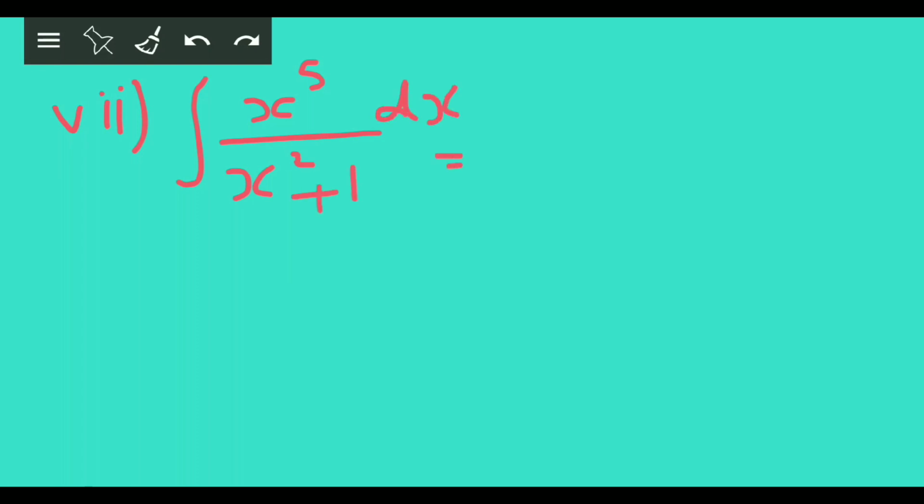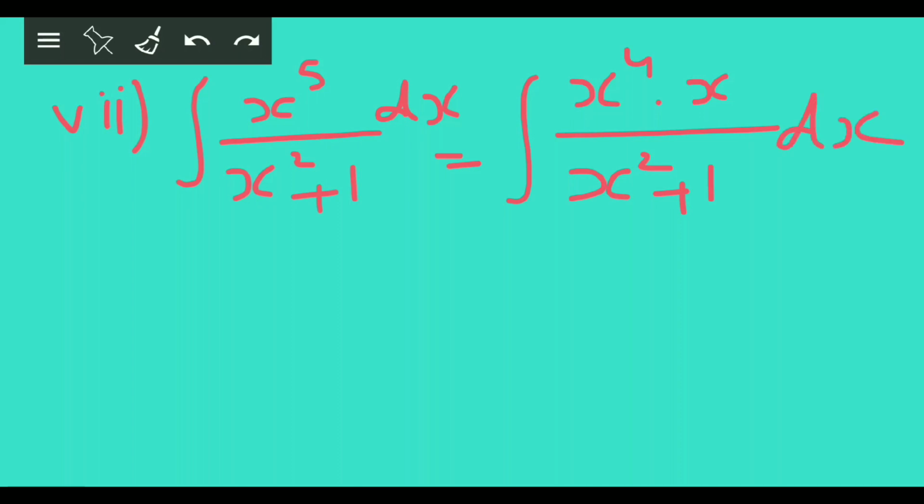We go to the seventh sum now. In the seventh sum, it is integral of x raised to 5 upon x square plus 1 dx. Observe how I am doing the sum now. Here x raised to 5 is written as x raised to 4 into x. The denominator is kept as it is. Now we take the denominator as t. So we say let x square plus 1 is equal to t,